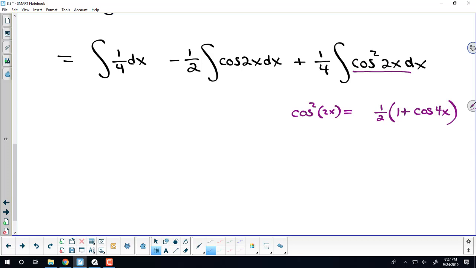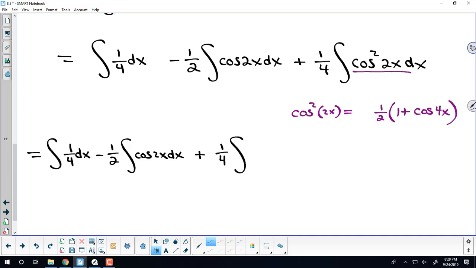So then we're going to rewrite that cosine squared of 2x as that thing. So you can see we're going to get a lot of stuff to deal with. So we'll have our 1/4 here, we'll have this, and then we're rewriting that